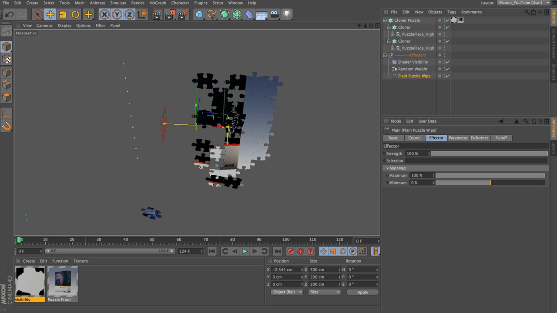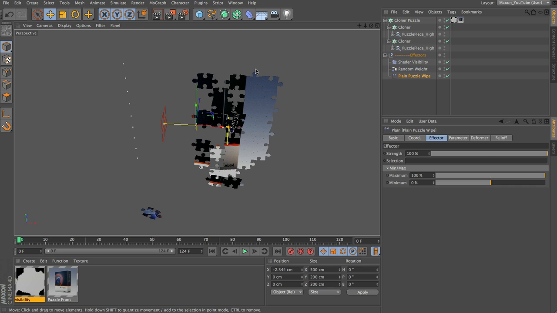For the camera animation, I'd like the camera to start a little bit further back, kind of zoom forward as the jigsaw puzzle appears, and then slow down, travel forward, and then finally accelerate through the puzzle itself. I always find when animating that it's a good practice to use as few keys as possible to achieve the result that you want, because you can fine-tune a lot of it using the F-curves, and the more keys you have, the more difficult that can become.